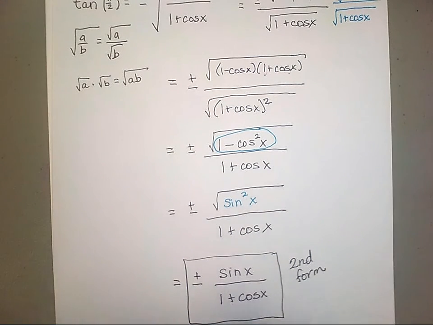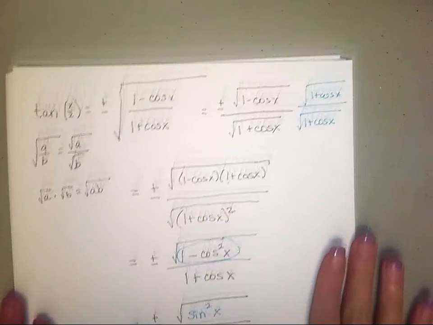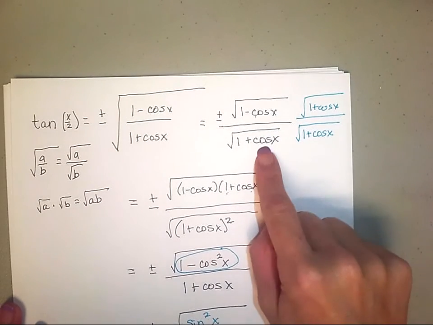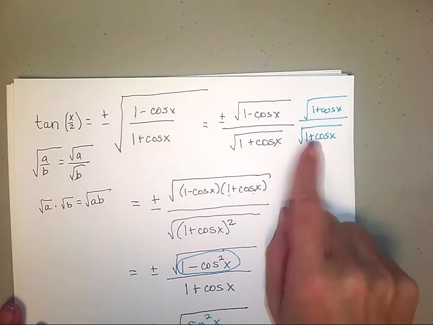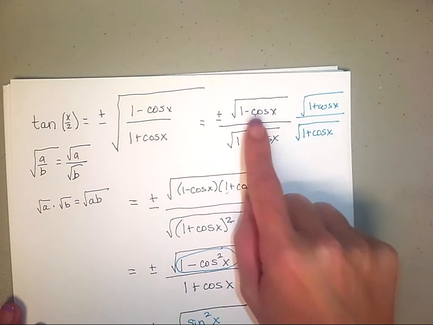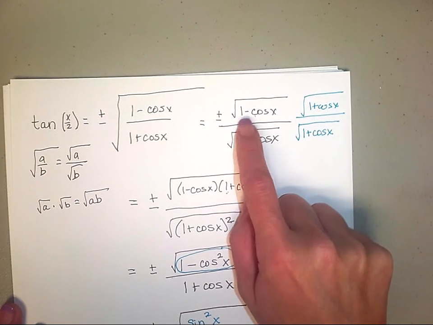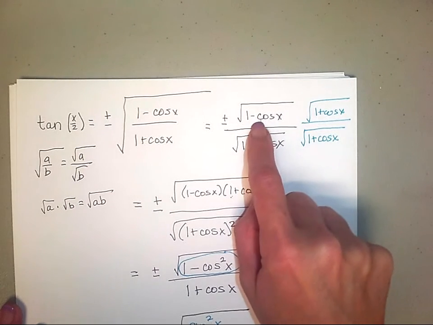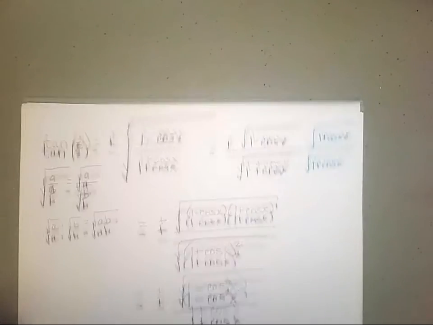Okay, so our third form is going to come from here. Notice I had two radicals, and I chose to rationalize the denominator. We also have a technique called rationalizing the numerator, where I would multiply and get rid of the square root of here. So let's start from that point,